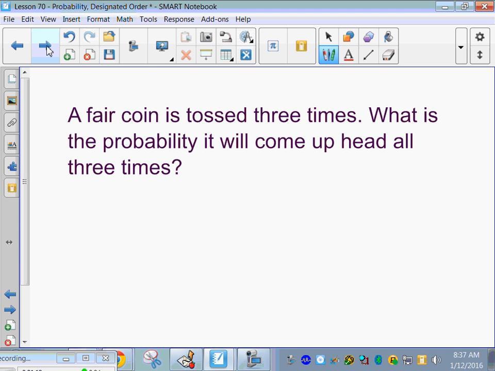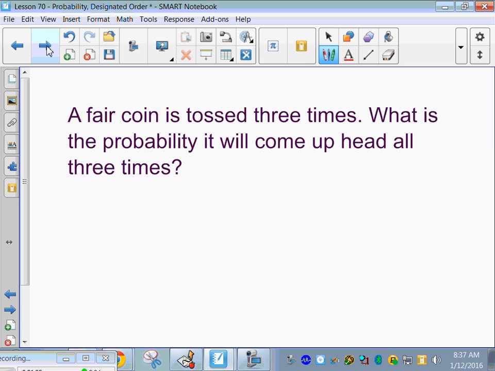Okay. A fair coin is tossed 3 times. What is the probability it will come up heads all 3 times? This is a different question, because we're not just saying the next toss, right? We're saying 3 tosses in a row. What's the probability that if I toss it 3 times, I'm going to get a heads every single time,